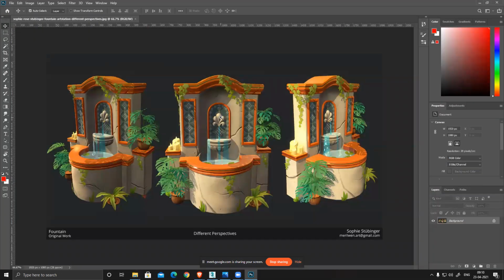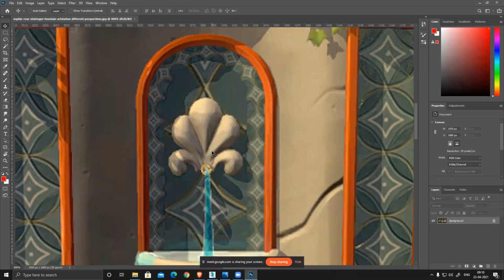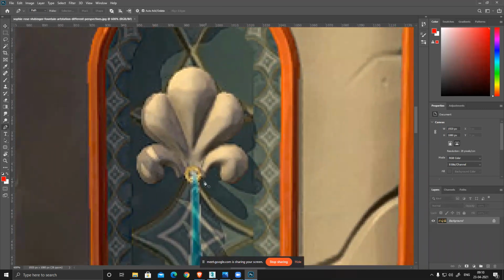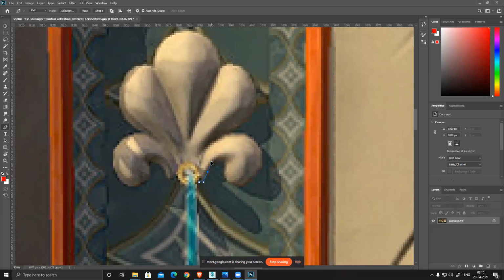Okay. Same shape. So pen tool. I'm just repeating the last procedure.